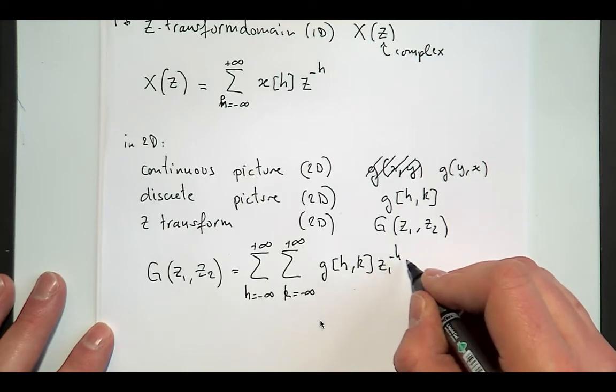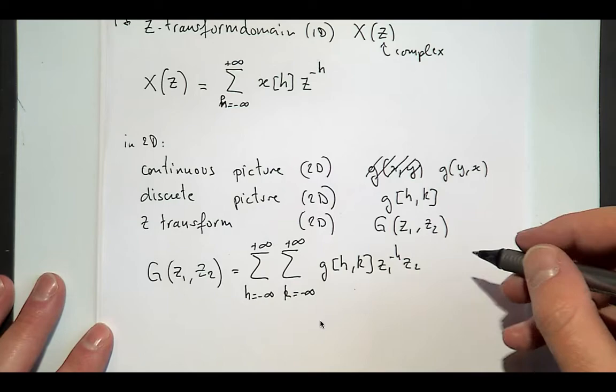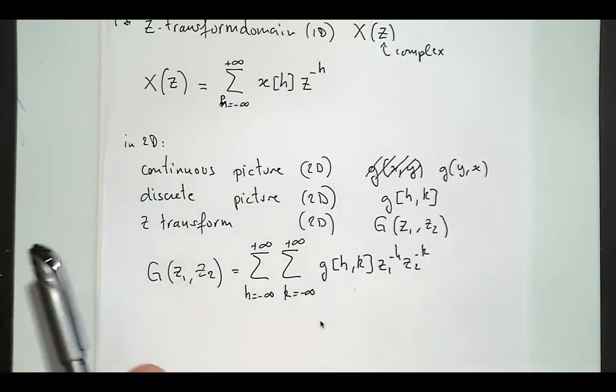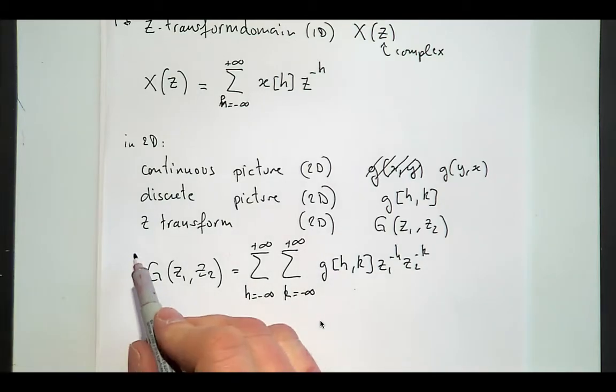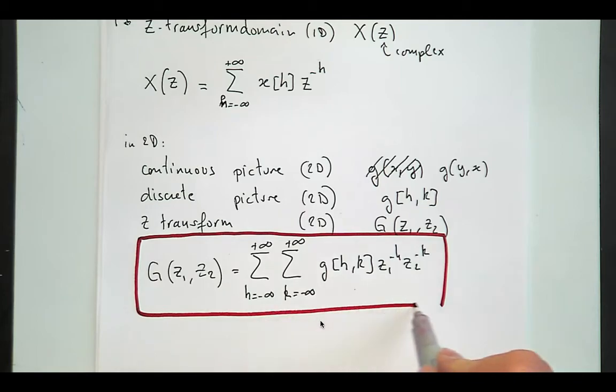And then you have the monomials in z1 and z2. Okay, so basically, once again, with the z transform, you transform your 2D sequence, so your picture, into a polynomial